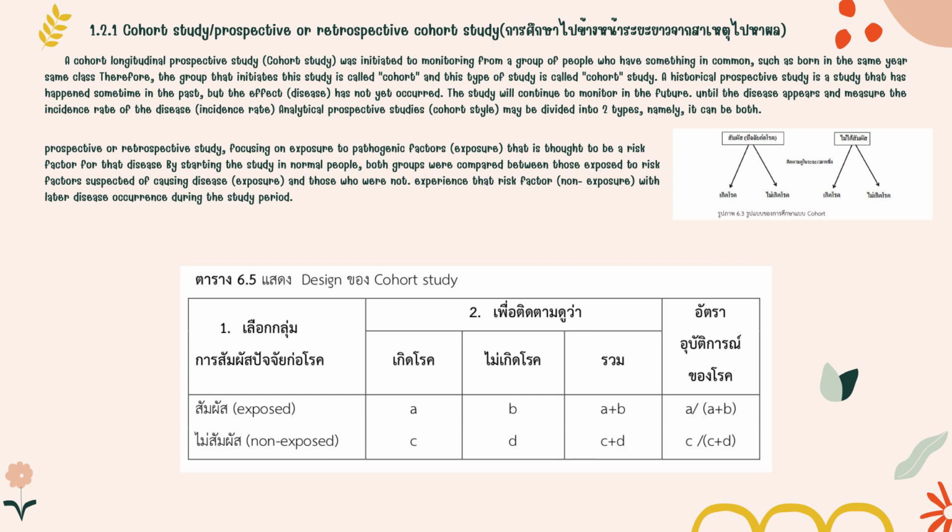By starting the study in normal people, we compare two groups: those exposed to the risk factor suspected of causing the disease, exposure, and those who did not experience that risk factor, non-exposure, with related disease occurrence during the study period. From table 6.5, the points have been determined as follows. Exposure and disease is variable A. Exposure but no disease is variable